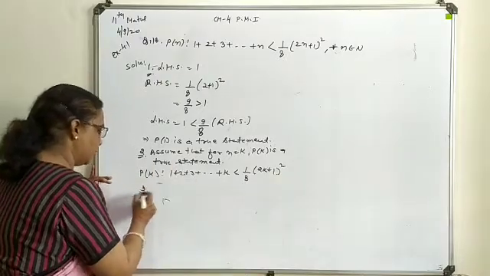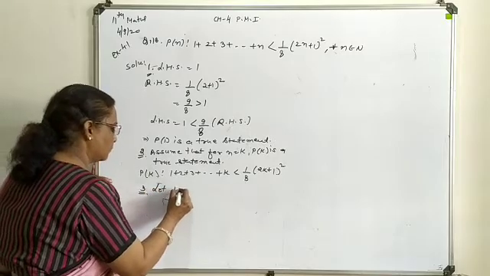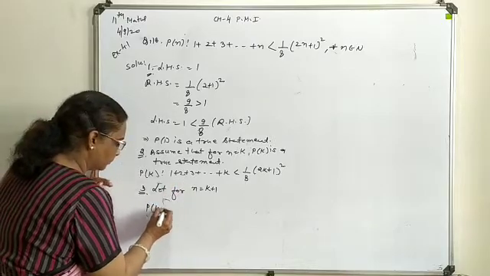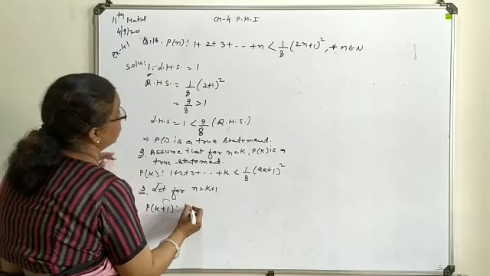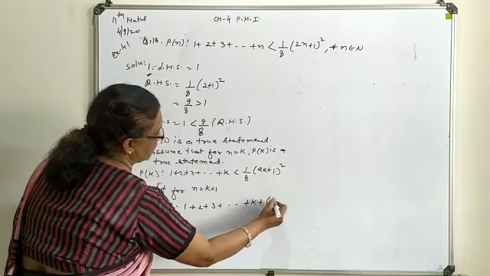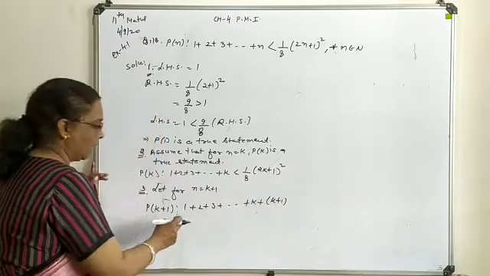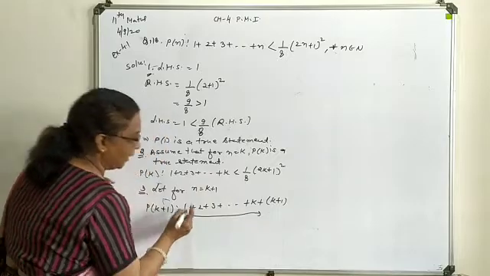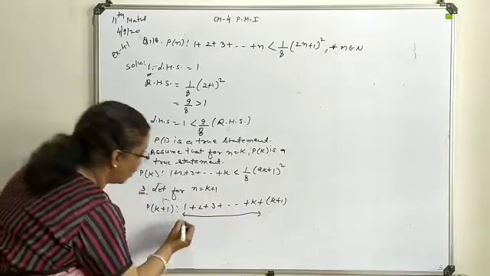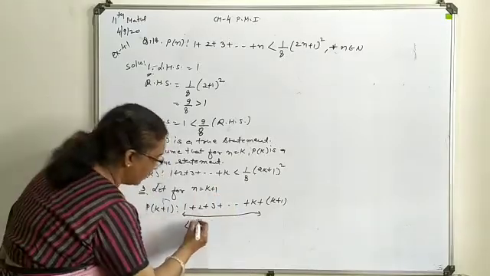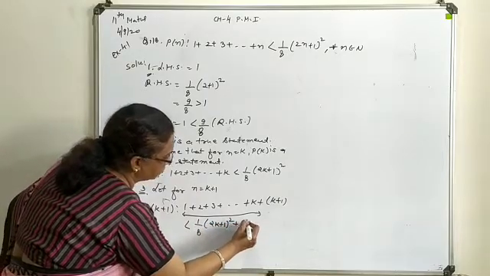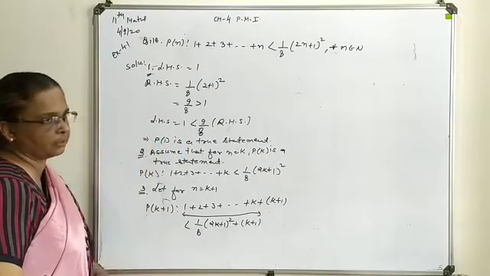Now third, obviously for n is equal to k plus 1. 1, 2, 3, it is for k and this is for k plus 1. Now from 1 to k, it is to be replaced by this inequality, and when you are talking about a lesser than or greater than sign, quite inside the relation you will write. So this is 1 by 8 into (2k plus 1) whole square plus (k plus 1). Now it is to be sorted out for your solution.